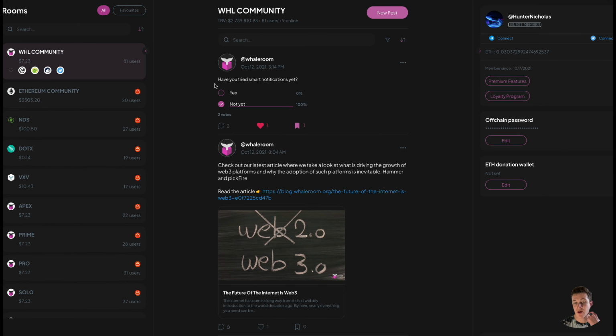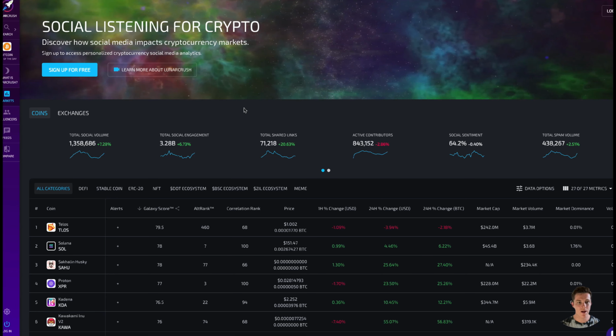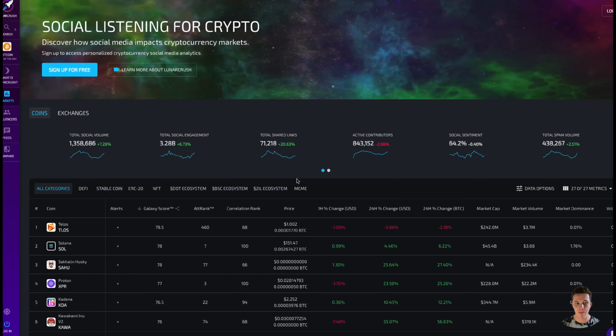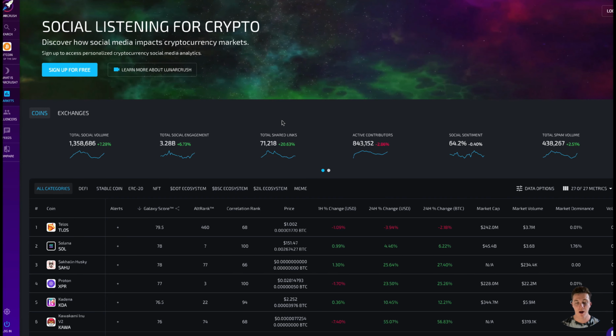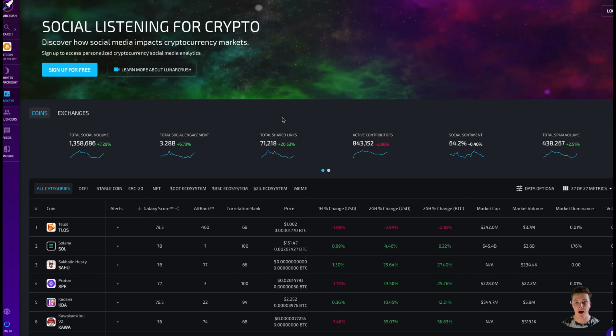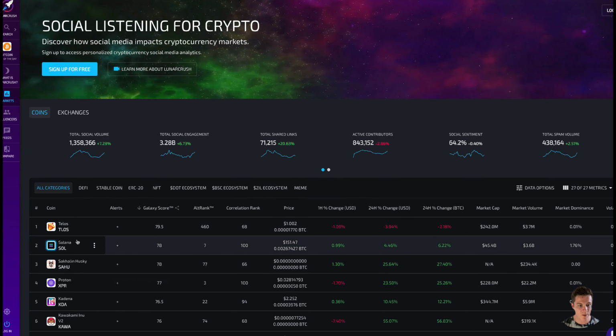Also social analytics. For example, they do have a partnership with LunarCrush, which is a social engagement platform that measures how often, and on what platforms, people are talking about large projects, which honestly does transition into price movement. So for example, lots of people down below are talking about Solana and Proton. Funny enough, I've been looking into that a little bit. We have DOT.